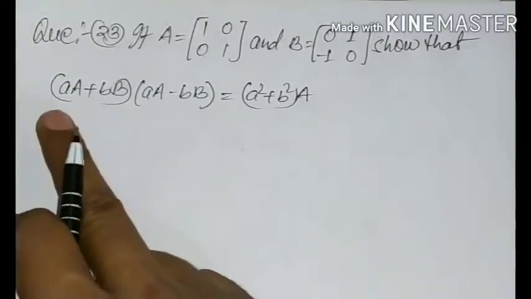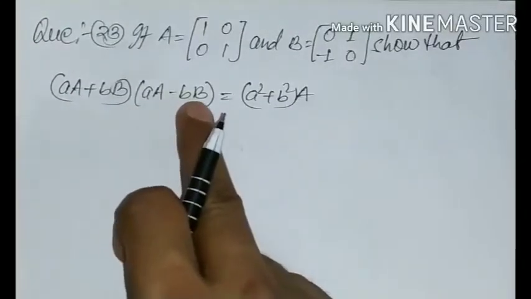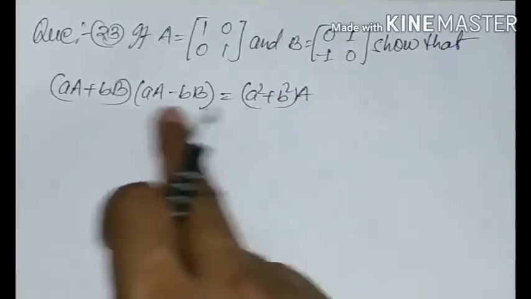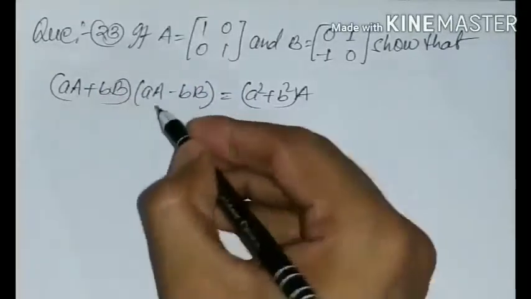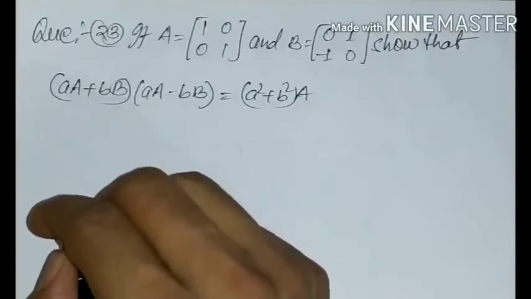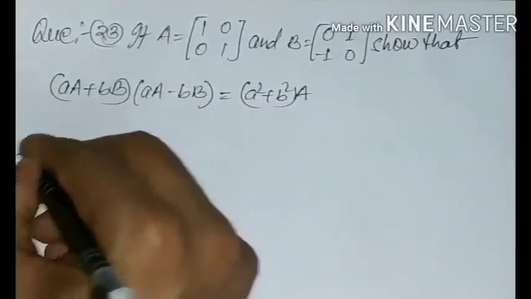(aA + bB)(aA - bB) equals (a square plus b square) into A. Okay, the left side is (aA + bB) into (aA - bB). I'm going to find first this one and this one. After that we will multiply these both terms. Okay, now the solution is